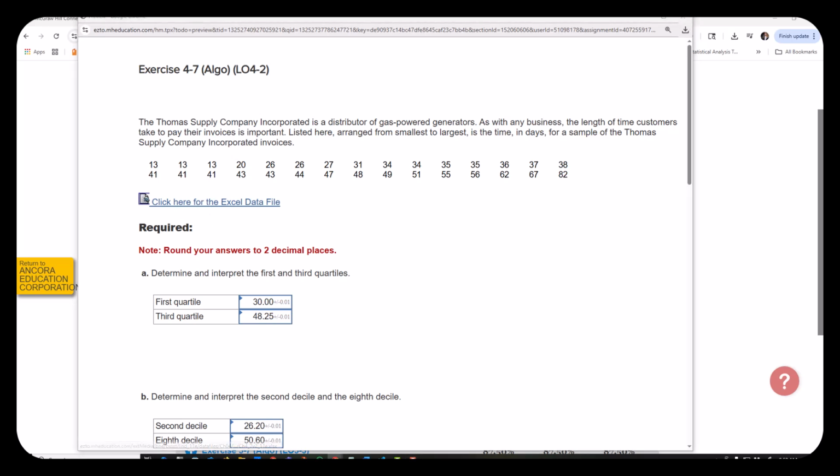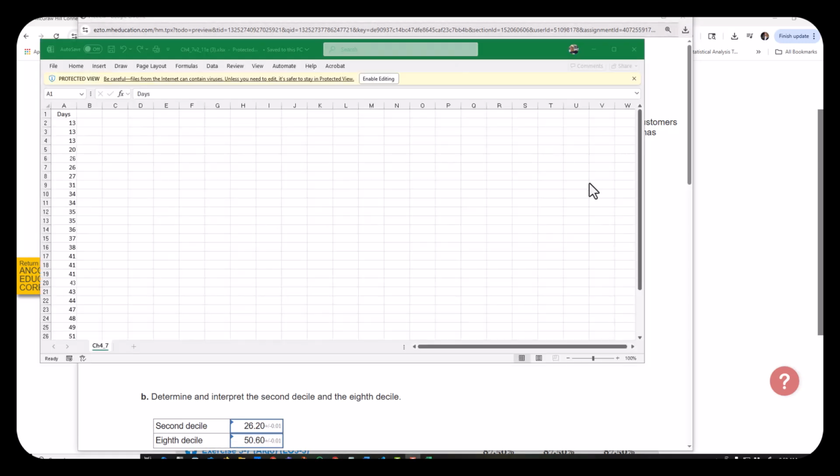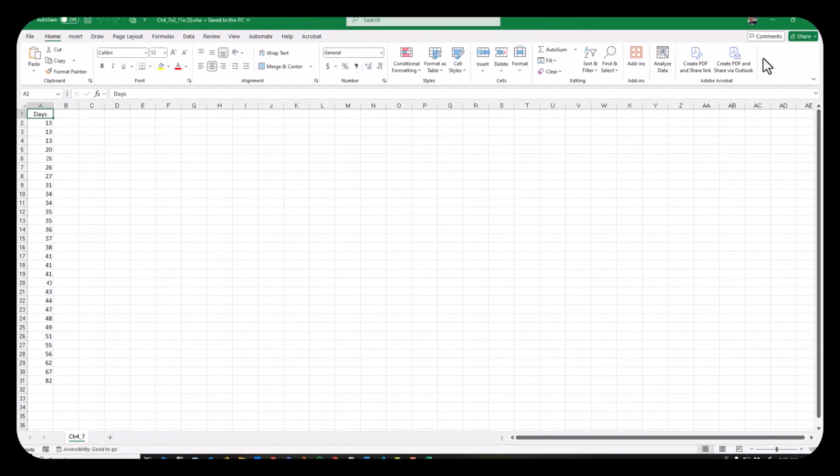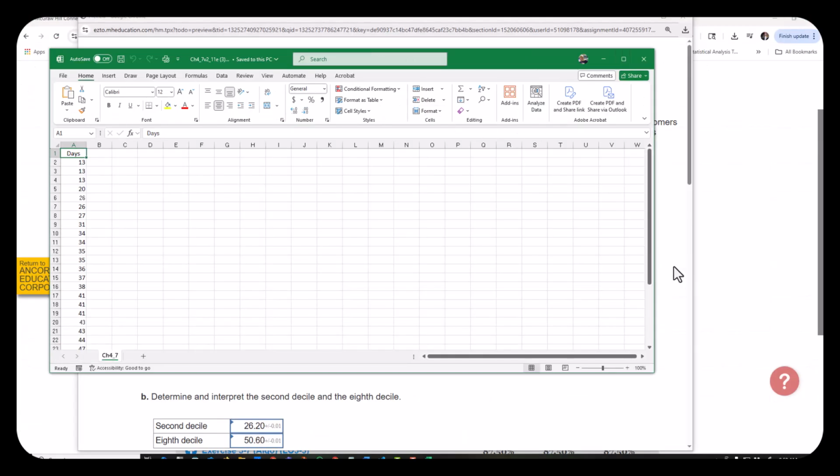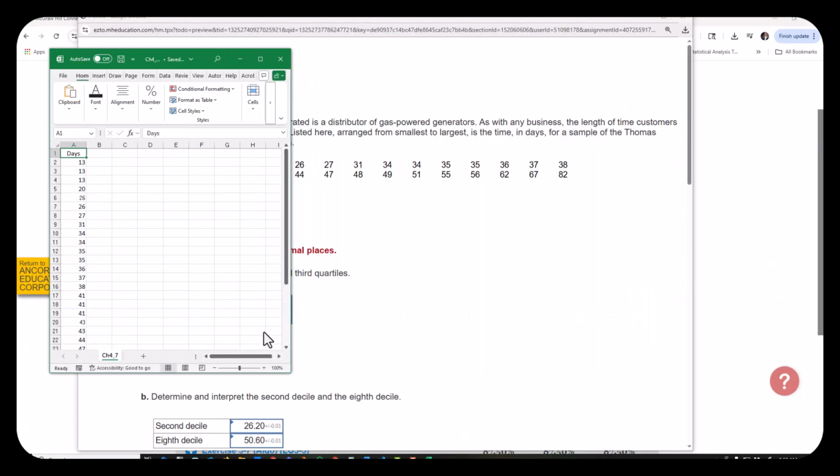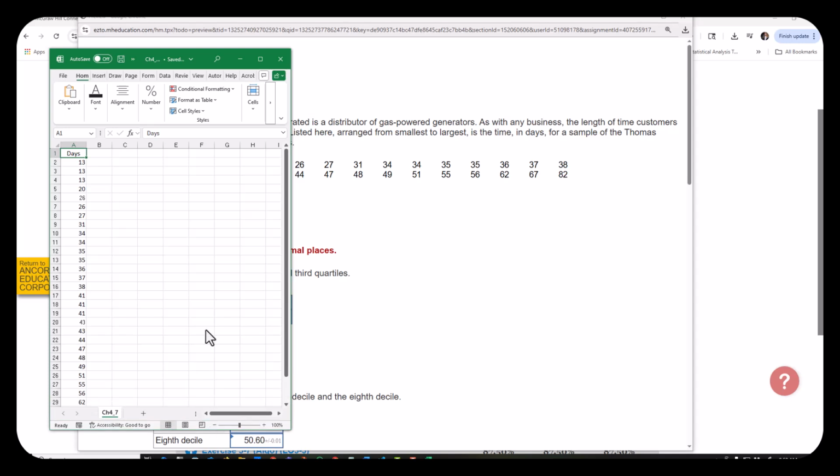So open up Excel. So you're going to have your Excel file. I thought I clicked on it. Let me see if I can get this to open. All right, so we have our Excel file open. I'm going to enable editing, and I am going to show you how very quick and easy to get these